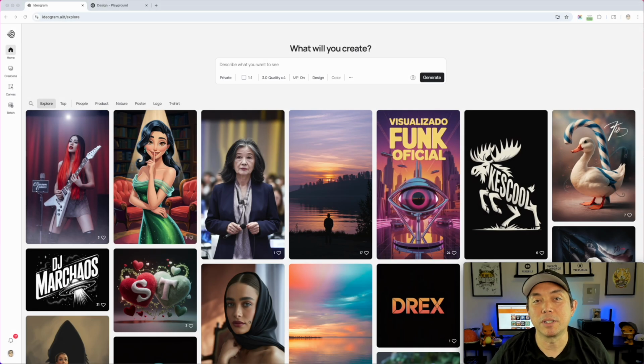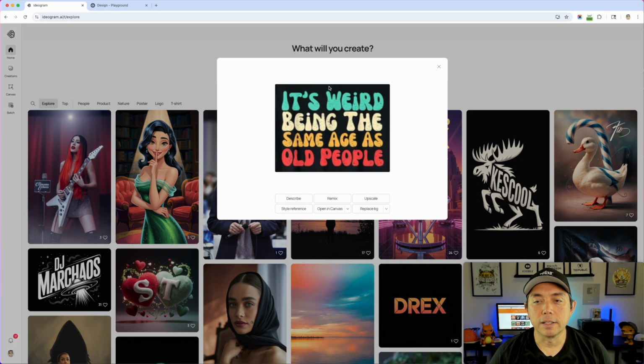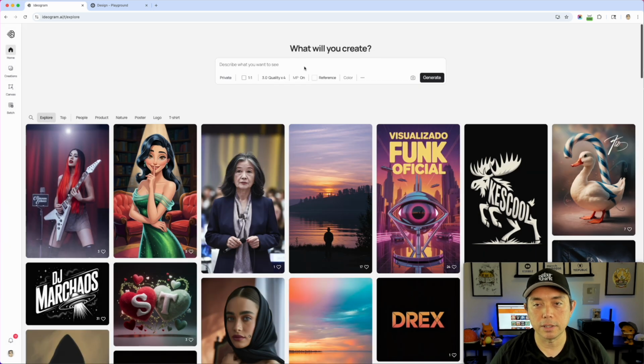Okay, the last thing I want to test is reference images. Both of these have the ability to click and upload an image to use it as a reference to create a t-shirt design. So I'm going to do 3 versions of this, and we'll see how each of them do. The first one I'm going to do is a font reference. So I'm going to upload this right here. You can see it says fonts. This is the design. I just want to use this font style and see if it will write different words for it. So I'm going to use this as style reference right here.